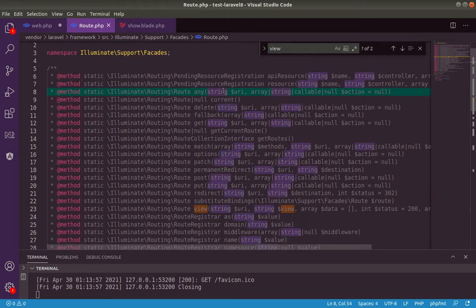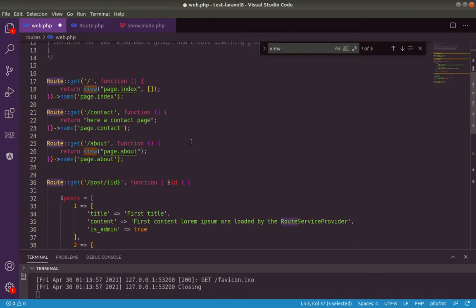Just search for view. Okay, view. As you can see here, the function view supports 3 parameters: the URI, the view, and the optional data. Okay, just here if you don't like to send the data, just use